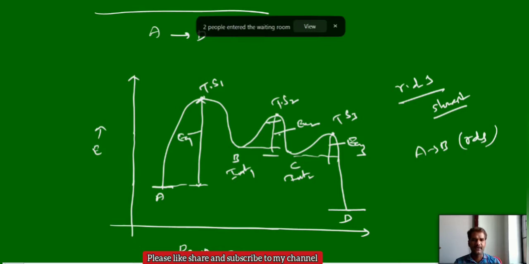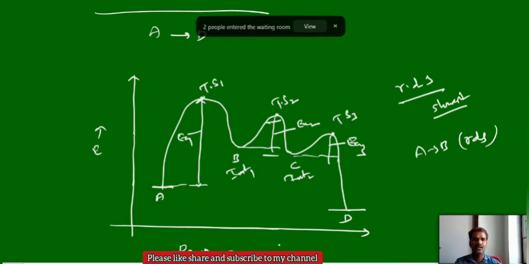If you observe somewhere in between that the activation energy is more, then we can say that is the RDS, the rate determining step. So questions like these can be asked. Now, what is the activated complex, which position is the activated complex, which position is the transition state, which position is the intermediate, which position indicates a reactant, which position indicates product, which is an exothermic reaction, which is an endothermic reaction.